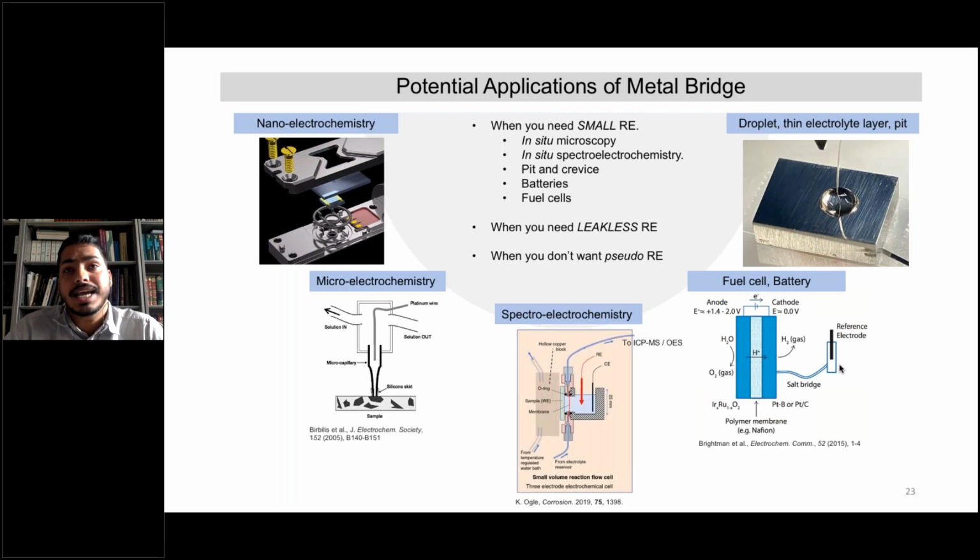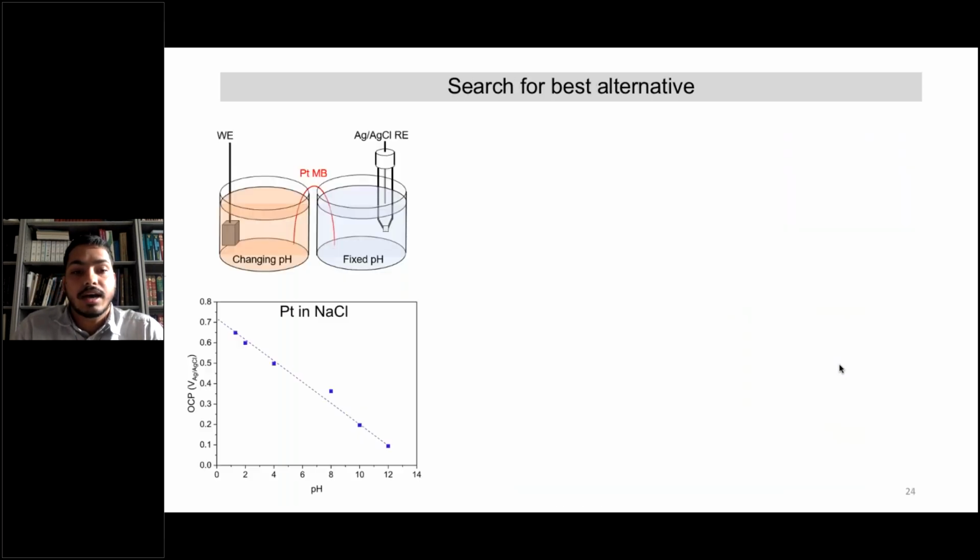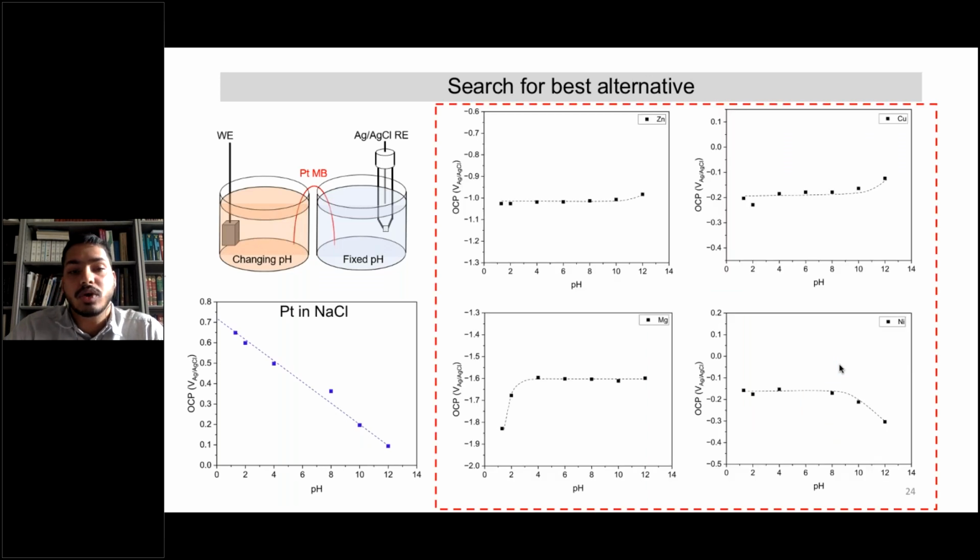All right, but as I said, in many cases you will not be able to have a flow system. So the change in chemistry and then the origin of potential offset is really important. So you still need to understand or study the potential offset. And here are some results showing, if you have a situation where your pH might be changing, there are more